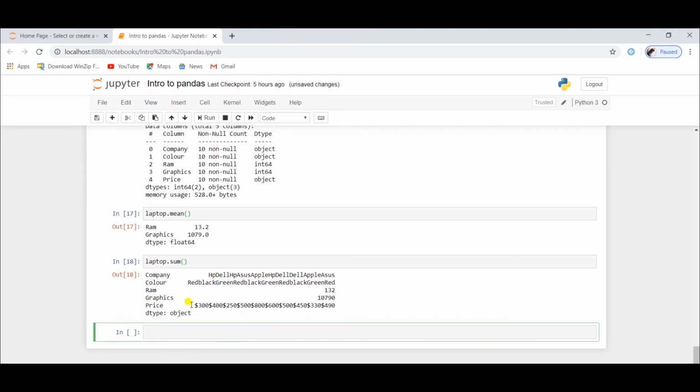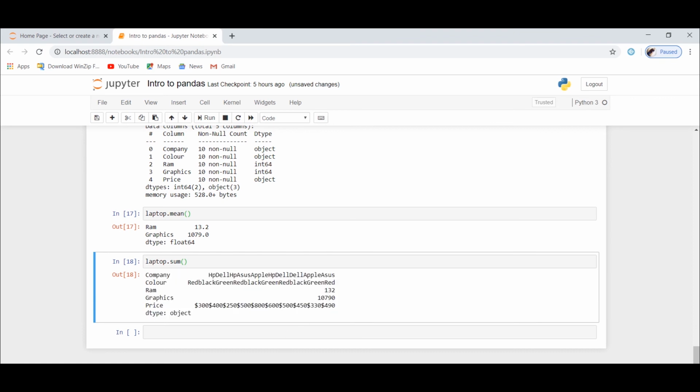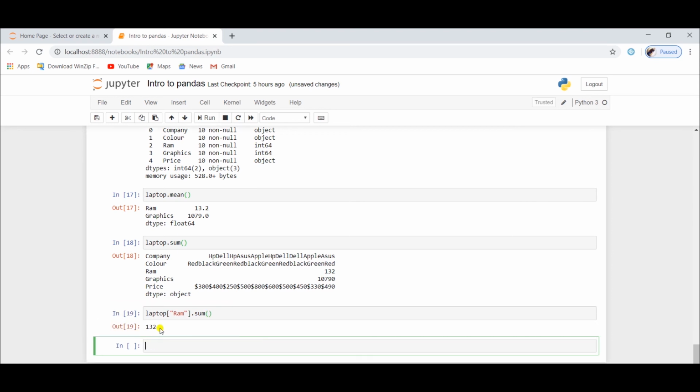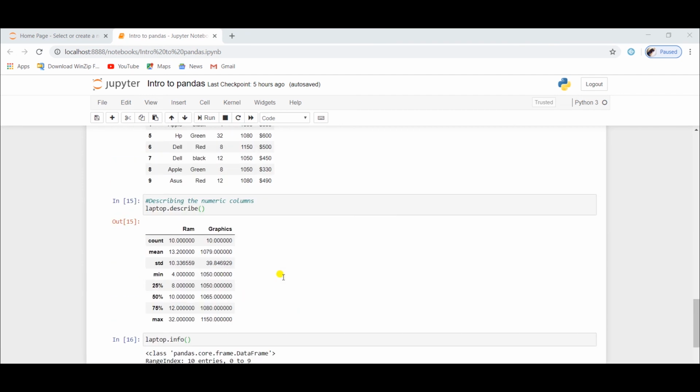You can see how they are concatenated. We can also apply sum on a specific column like laptop, and in brackets we have to write the column name. So write RAM.sum. It will give the same result, like 132, that laptop.sum has given us. So we can get a specific column sum.